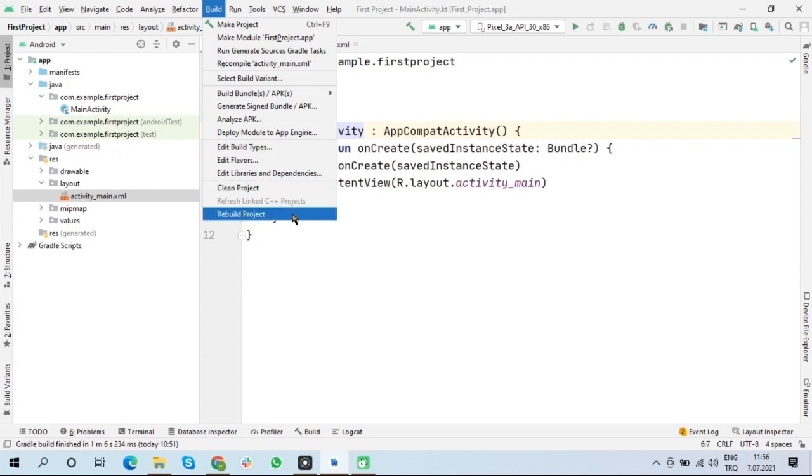To rebuild the project, you can just use the Rebuild Project tab here, and it'll allow you to rebuild your project. There may be some other situations where you need to restart your project, so